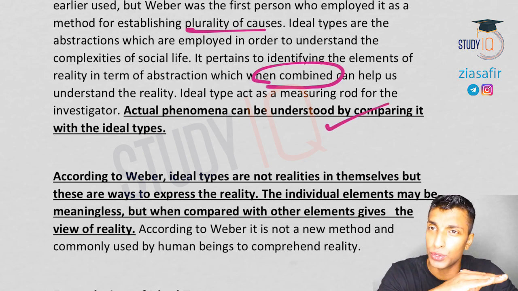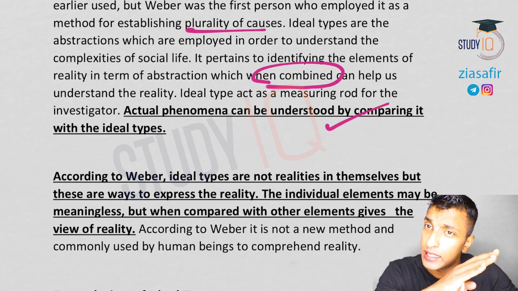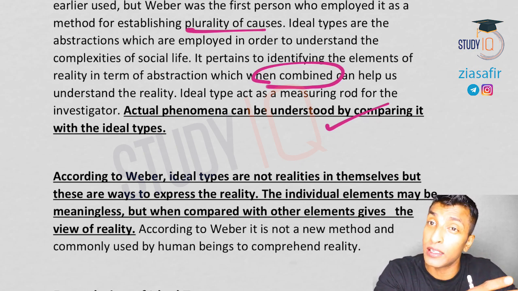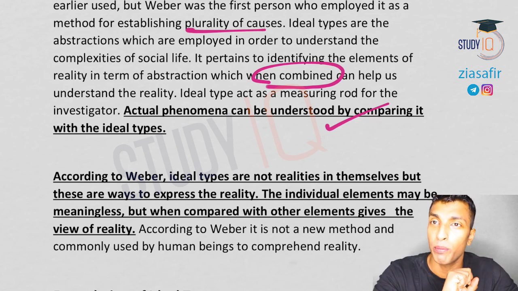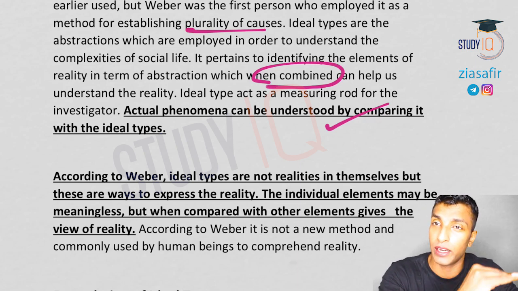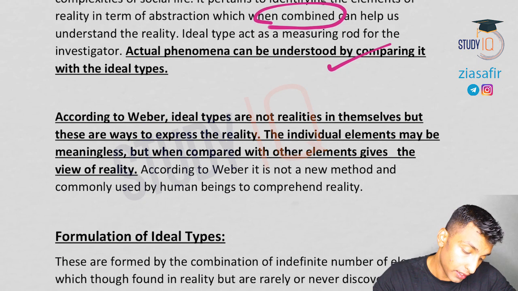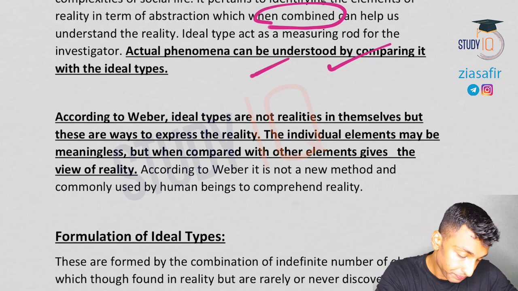So when we discussed social action, I told you 4 ideal types are given: traditional action, affective action, Wertrational action, and Zweckrational action. These are nothing but ideal types. These are nothing but the regularities. When I say ideal type, it is a regularity. So the actual action that I am taking can be compared with any of the 4. It can fit into any of the 4, or it can be a combination. Similarly, the action that you are taking also, every action can be compared with any of the ideal types. That's what is written here. All the important sentences and words I have underlined already.